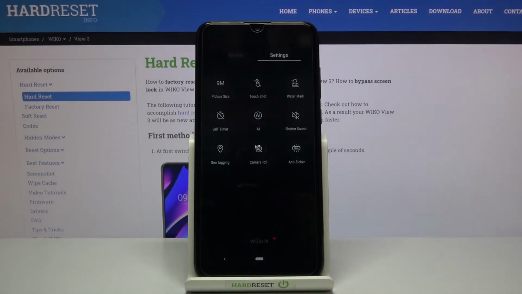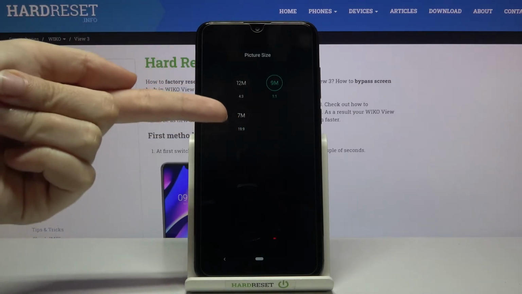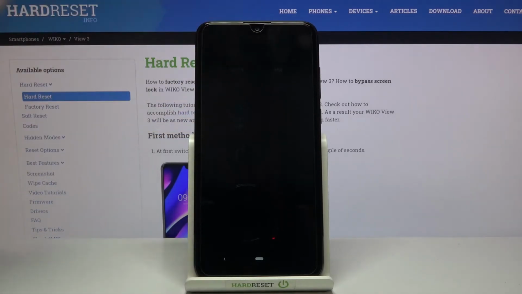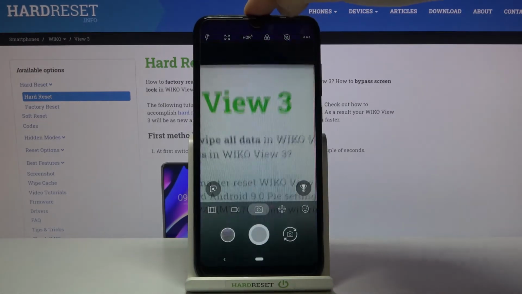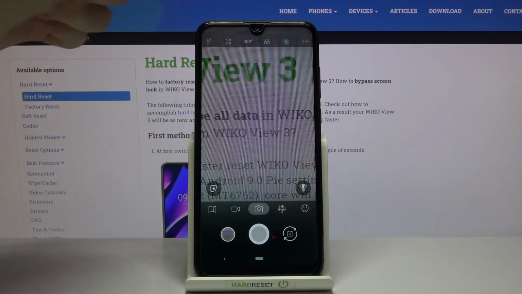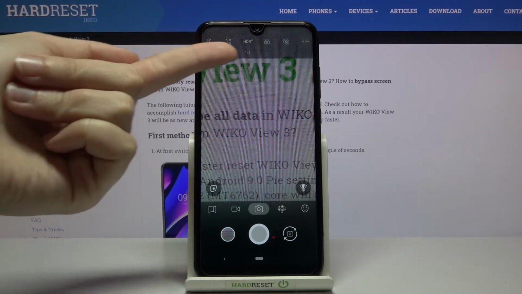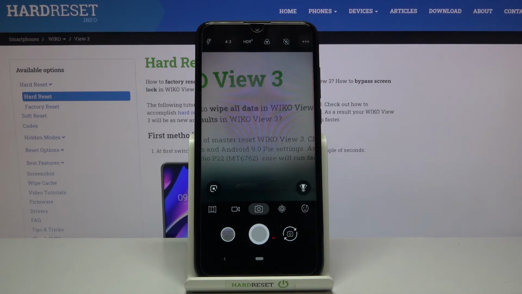Another tap to the right corner and to the picture size, and we can go to 7 megapixels with 19:9 aspect ratio, and in the preview we can see that this is the full one. We can change this also here on this settings bar by tapping on the second from the left button. So here we have short access to aspect ratio, and we can easily go back, for example, to 4:3, the